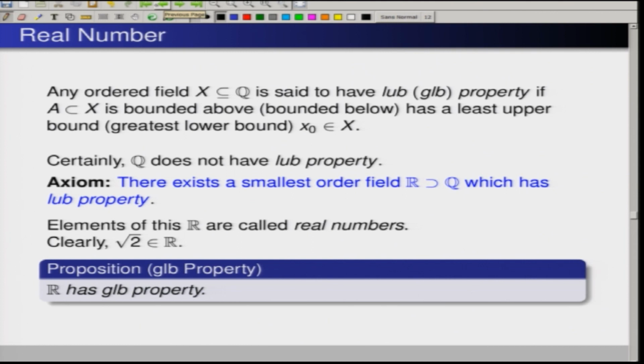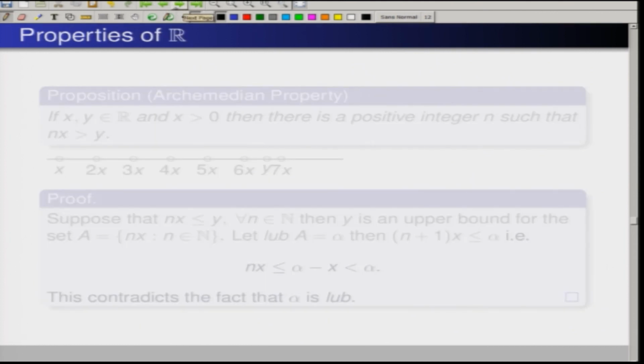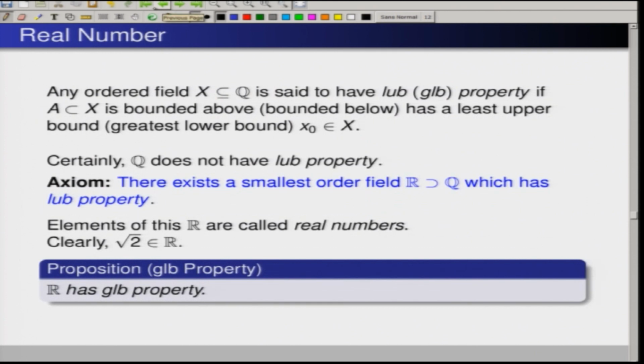So, in terms of the field, what we have said is that because R is a field, if I give you two real numbers, you can add them. If I give you two real numbers, you can multiply them. If a number is non-zero, then you can divide, and so on and so forth. So, we now have all the flexibility to do all these algebraic operations, and much more than that.